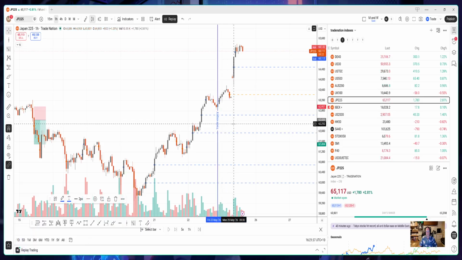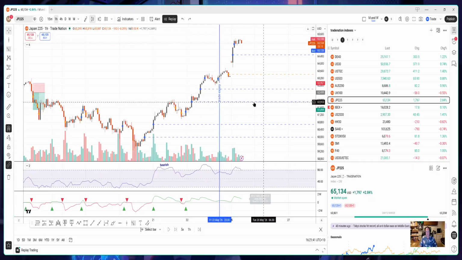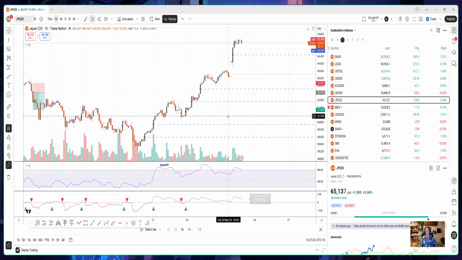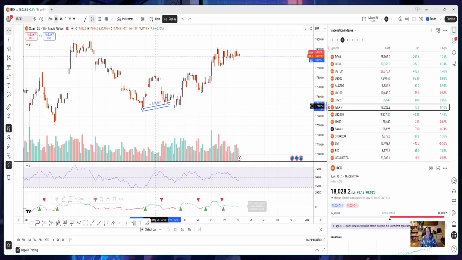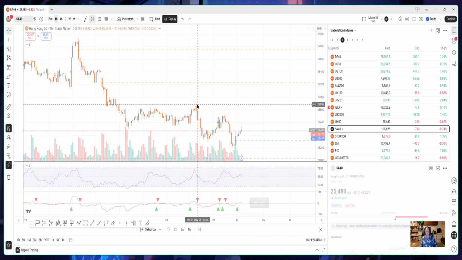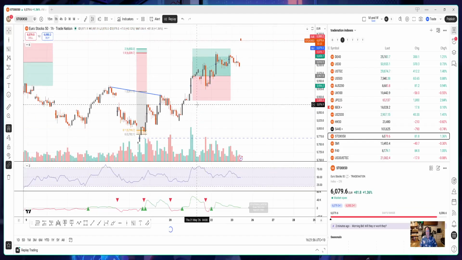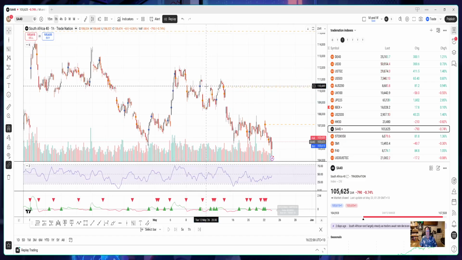I think I just deleted something bad. Let me go undo. I deleted all the indicators, I think. Spain also was a setup, but went too high. Hong Kong. This one, also a good invert. Why did I do that? It's not even going to go up to